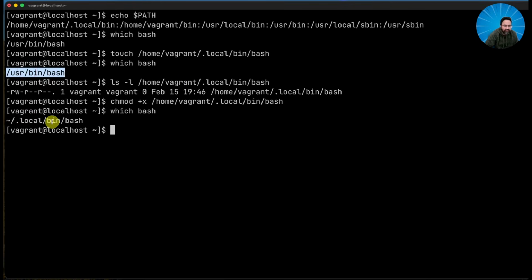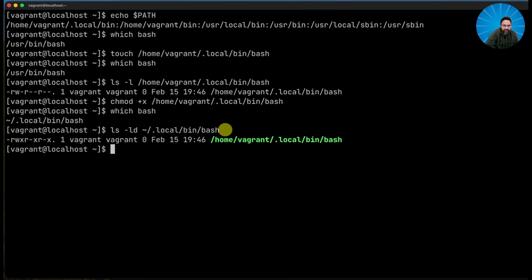From user bin bash, it became user local. So ls -ld, let's make sure we see the full path. This is where I created the file, and that is the file that you see here, right? So you can see it is a 0 byte file. I don't need this file. I don't want to mess up my environment. But what am I trying to tell you with this example is,